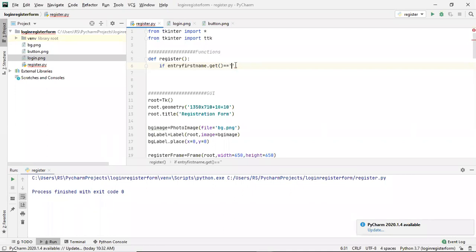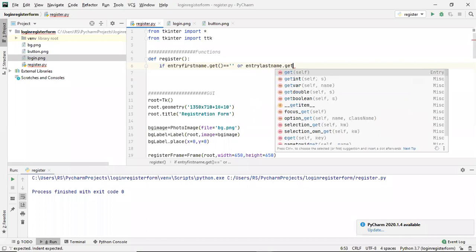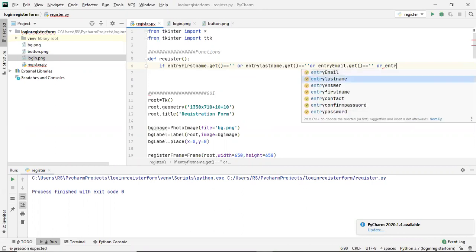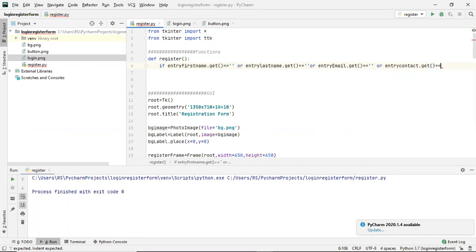If it is equal to null, or similarly we check all other entry fields: entry last name dot get equals to null, or entry email dot get equals to null, or entry contact dot get equals to null.